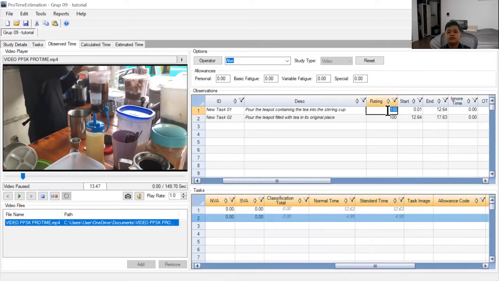If you want to change the rating, it's fine. Like for example, we change the rating to 110. The normal time and standard time will be changed too if you change the rating. Okay, so